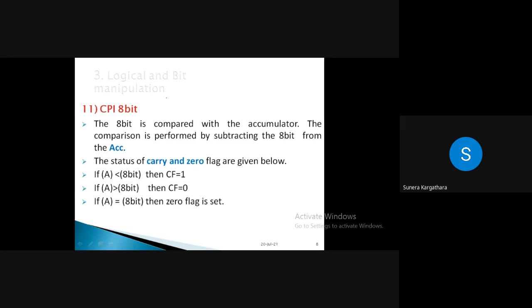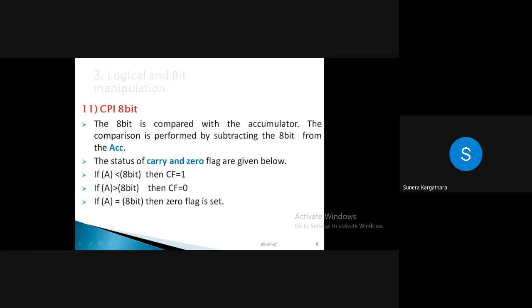Simply the way we are specifying our operand is different. In the previous case, it was a register. Now what do you think? Which addressing mode are we using here? CPI 8-bit data will use which addressing mode? Immediate. Immediate addressing mode, right? Here we are mentioning immediate 8-bit data as an operand, so it will use immediate addressing mode. It will occupy how many bytes in memory? Is it a 1 byte, 2 byte, or 3 byte instruction? 2. It will occupy 2 bytes of memory, so you can say it is a 2 byte instruction, right?